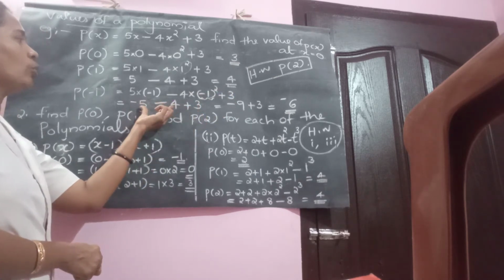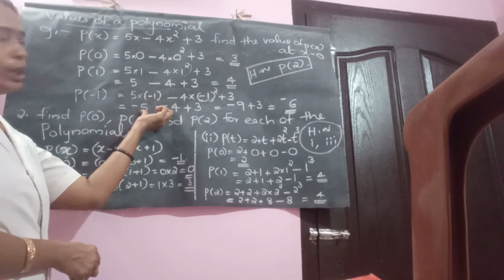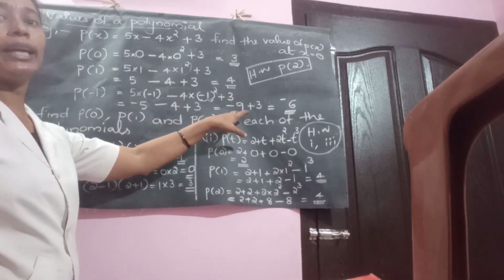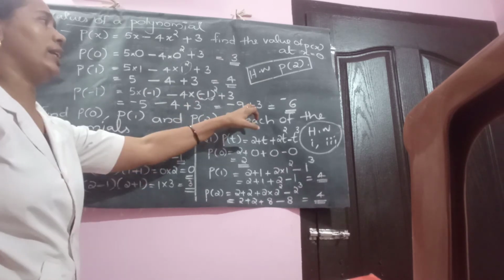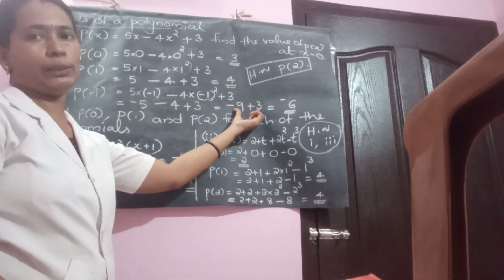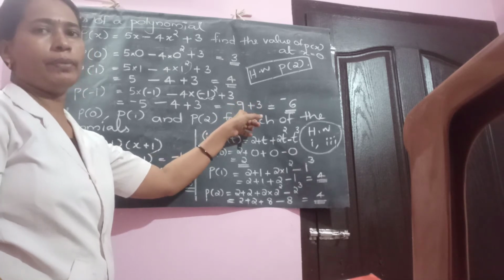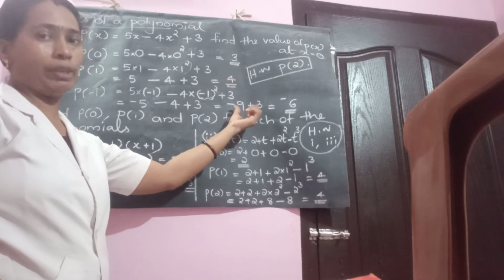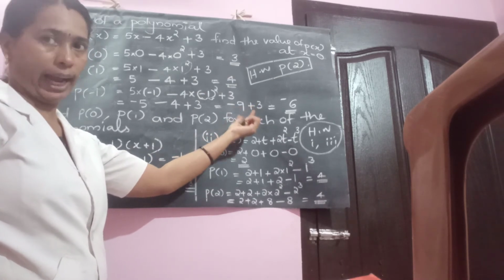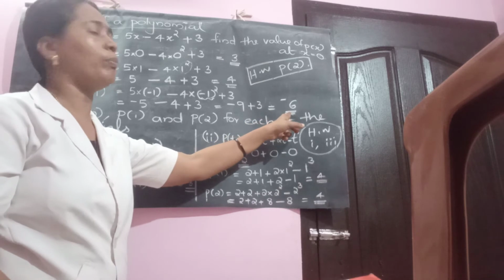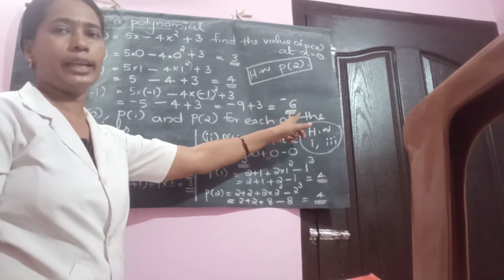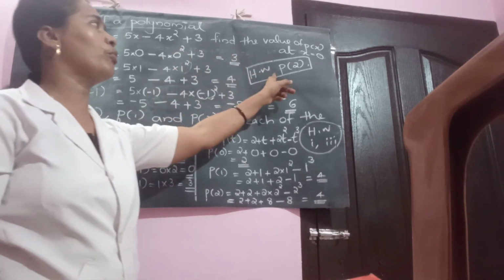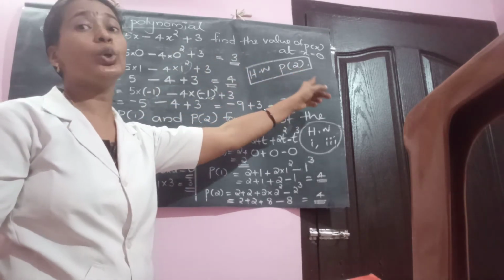Among these, 2 of them are negatives. So when we take these two together, that will give an answer of minus 9. Then plus 3. And now one is negative, one is positive. So what will be there? Minus 6 will come, because when numbers of different sign are added, subtract and give the big number's sign. So the answer is minus 6. And there is homework for you. For the same question, you have to find the value of P of 2.